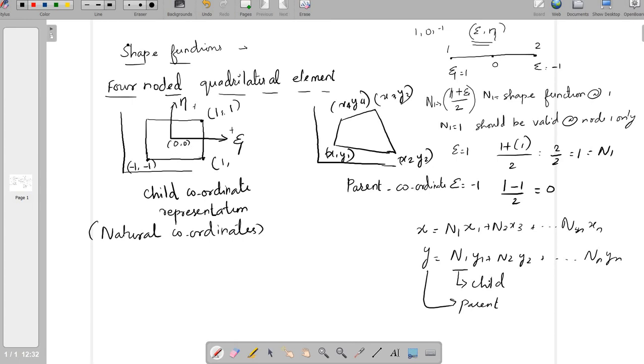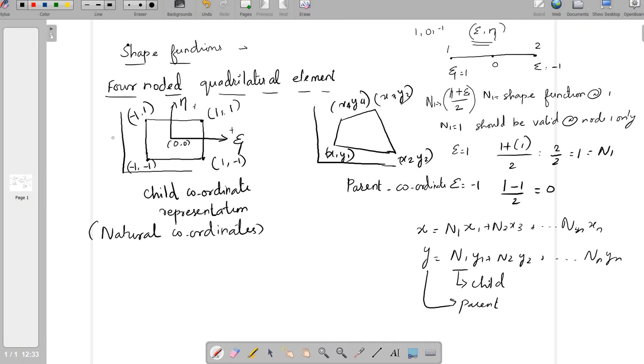of eta, because this point is below the 0 level in the y-axis, in the eta axis, so it is minus 1. The opposite corner of this element is of opposite nature, that is, minus 1 coordinate in epsilon, because the epsilon towards the right side is positive but this point is on the left side, so it is minus 1. But in eta coordinate it is plus 1. Now all the representation of coordinates is over. So we have finished the coordinates in all 4 nodes.